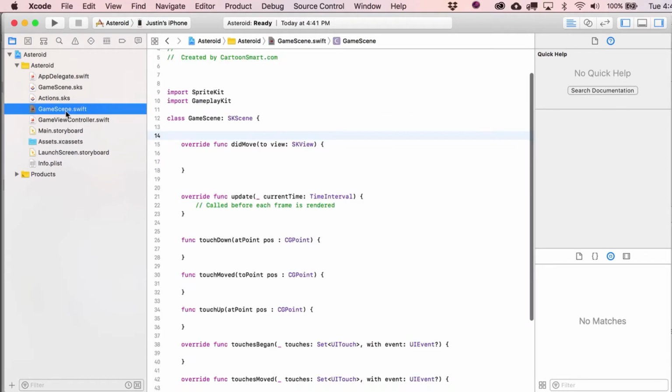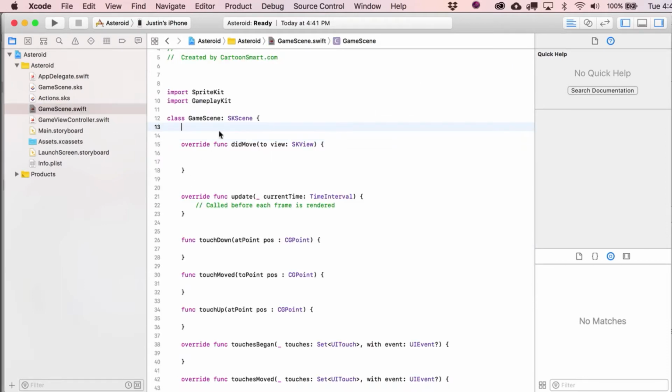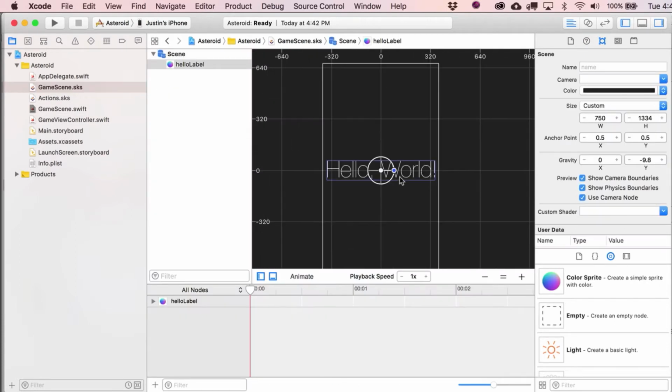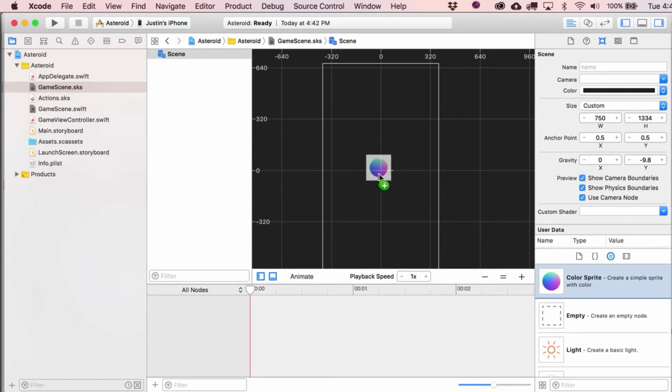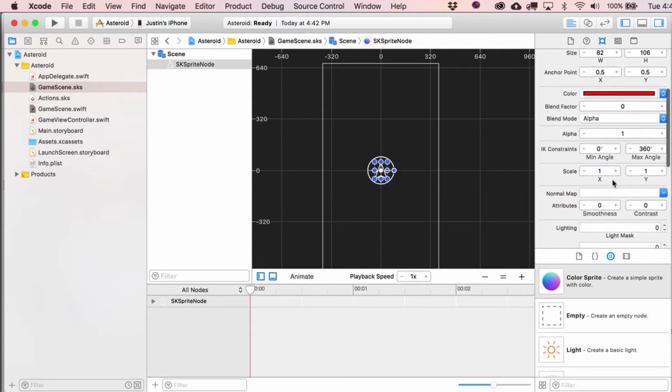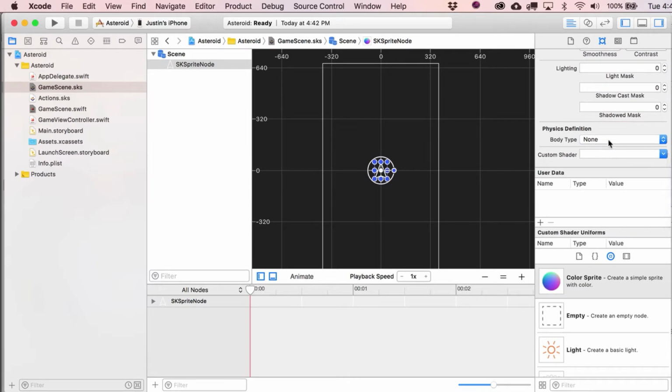So let's get started. First thing we're going to do is actually head over here to our GameScene.sks file. Let's get rid of that. Let's drag a color sprite over here, and you can go ahead and put this at 0, 0. Let's set the texture to be that ship. There it is. And then let's come down here, and we're going to give it a physics definition set to